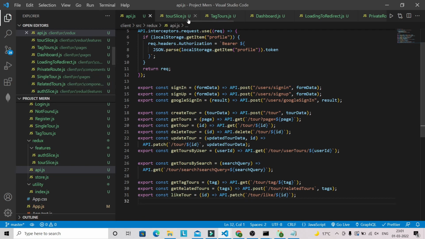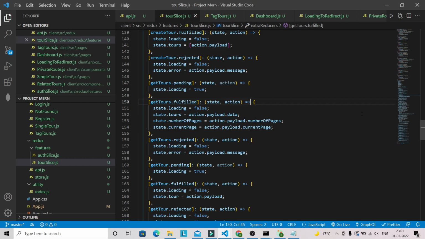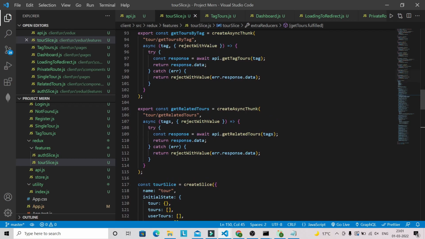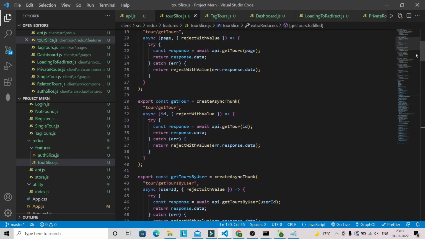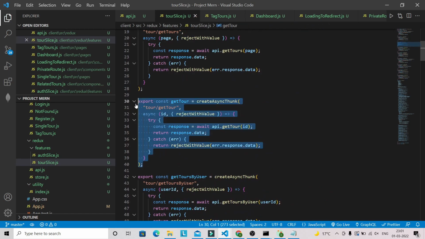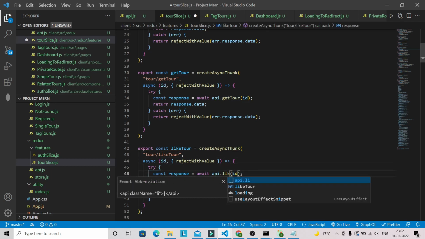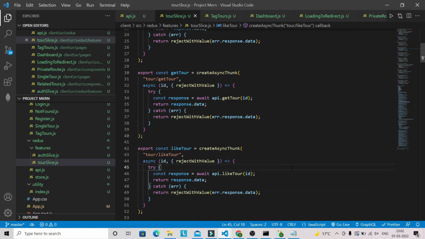Now we have to work on our tour slice .js file as well. So here we can just copy this one, because it's almost going to be the same. We can just paste it over here, and it will be like tour only. We are going to receive a tour ID, and the API will be like tour. Now this create async thunk will generate a 3 promise lifecycle that we are going to handle in extra